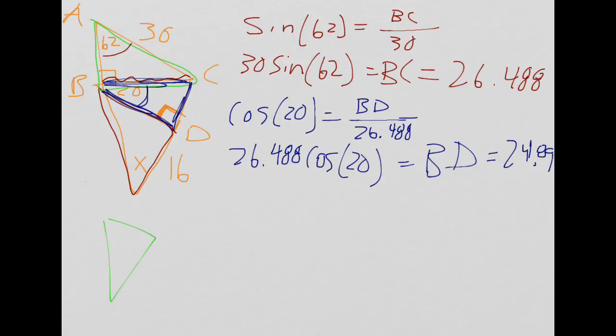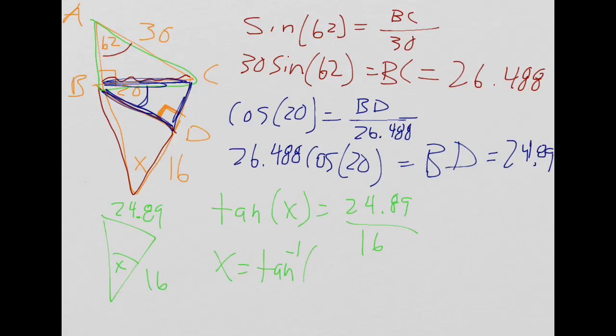Now if you just focus on that last triangle with X in it, we know that that side is 16. We just found BD to be 24.89. So from the reference of angle X, we have the adjacent side and the opposite side, so we have to use tan. So tan of angle X equals the opposite side, which is 24.89, divided by the adjacent side, which is 16, and we want to know that angle, so we need to take the inverse tangent of both sides to get X equals the inverse tan of